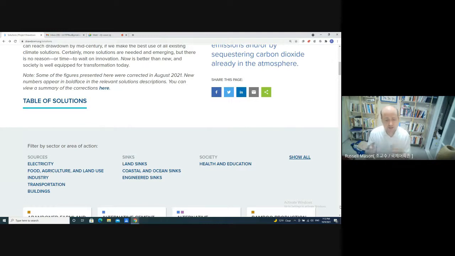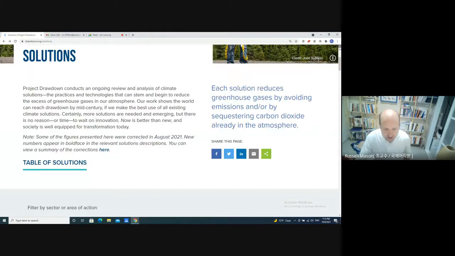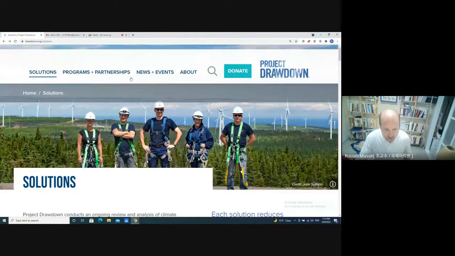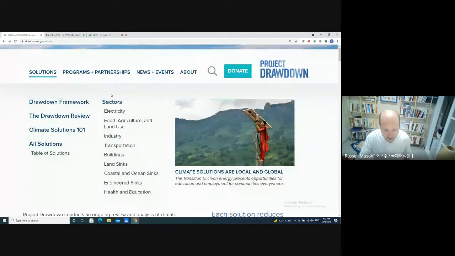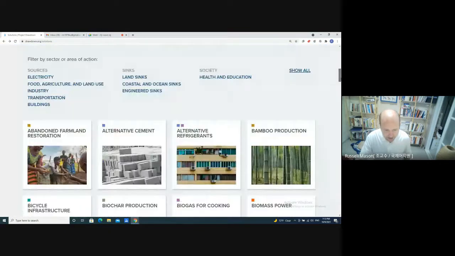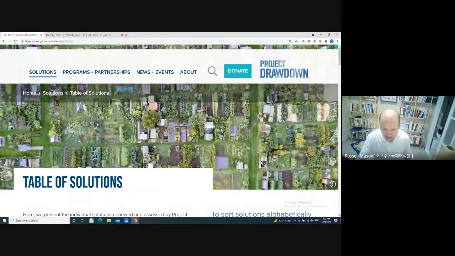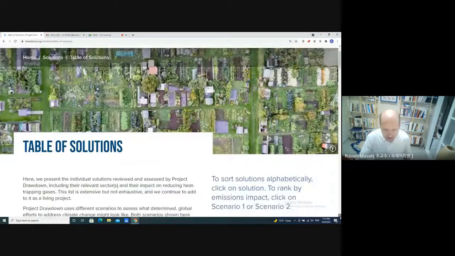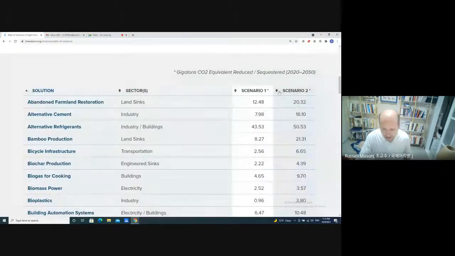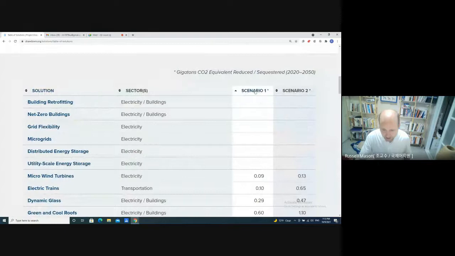So don't worry about which topic you choose here. Any of these topics will be fine. You just choose the one that's interesting for you. So that's the first way you can choose, by topic. The second thing you can look at is the table of solutions. I'm just going to click that table of solutions, and if you go down here and you press scenario 1,